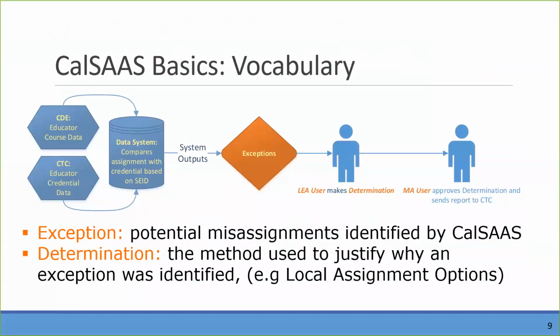Course setting is another example of an explanation you might give: it appears that a multiple subject teacher is teaching departmentalized English and departmentalized social science, but really it's part of the course setting, and so it's authorized. That will be a common explanation. Then the monitoring authority user approves the determination and sends the report to the Commission.